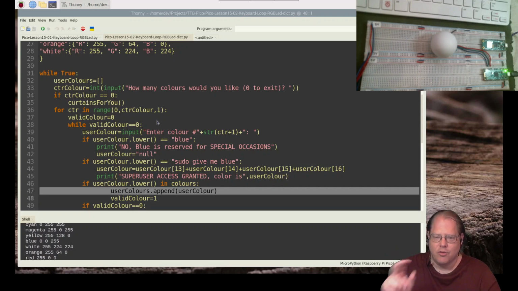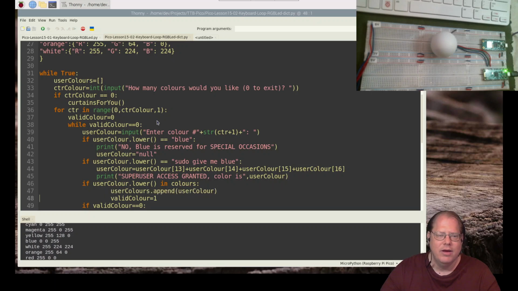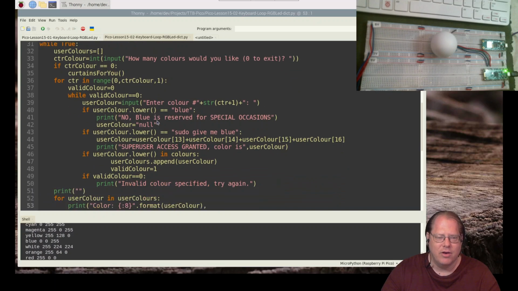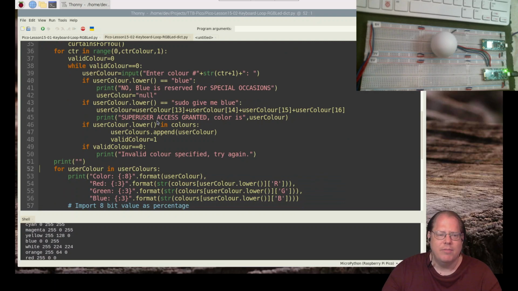I'm going to put green in the list. I'm not going to go and enumerate all the values, and I'll show you why. It's actually a little shortcut in code. Again, we do the if it's invalid, keep looping back. So now we come down here, we have our list built of the valid colors, and we're going to start